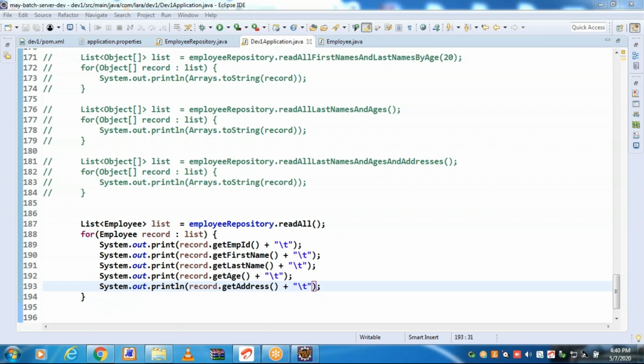Entire record we are reading in the form of an employee object. Try to run.